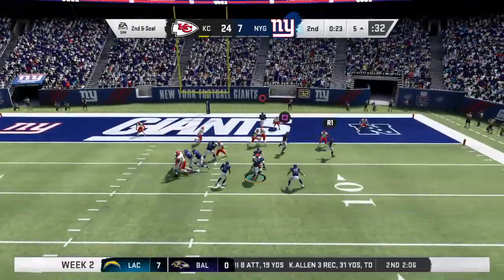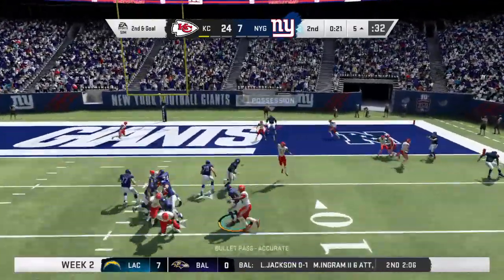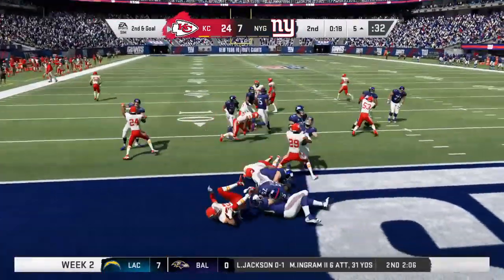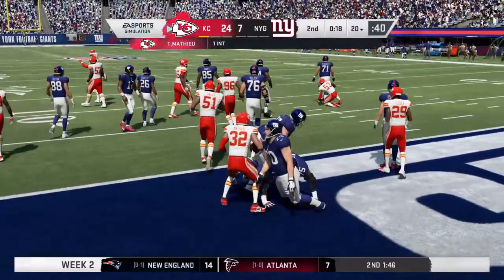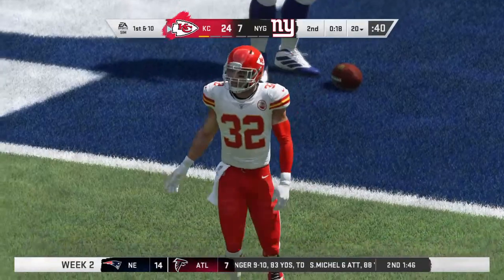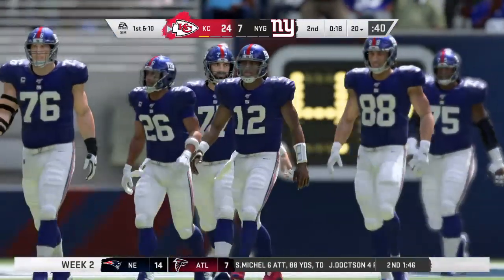2nd and 5. Able to shake him off. And it'll be intercepted. Picked off by the Honey Badger, Tyrann Mathieu. And his guys have got it back at the closing stages of the first half. 2nd interception for him now here in this first